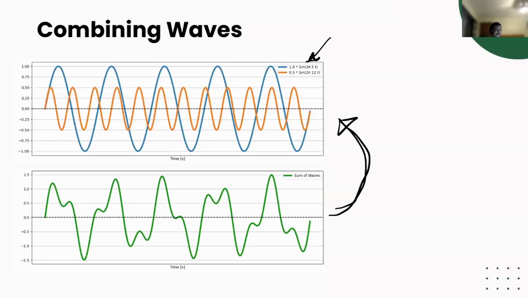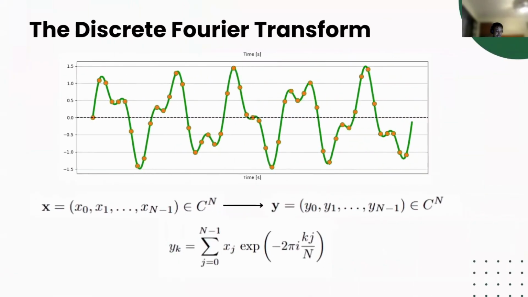Before I even get to that part, this is all assuming that we're taking this time from negative infinity to infinity. And as a consequence of our own mortality, we don't have access to infinite time. So instead, we utilize the discrete Fourier transform, where instead of looking at the continuous sine wave or any kind of wave, we look at discrete points on this wave. And so our input is modeled here.